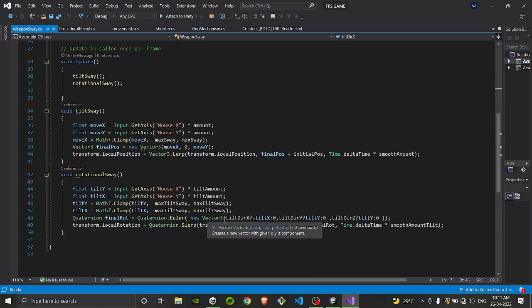Then after that, here is a ternary operator. We are checking if tilt direction is true. If it's true, then we are setting the x rotation to be minus tilt x, because when the mouse is moved up we want the character to look up, so that's why it's in the minus direction.